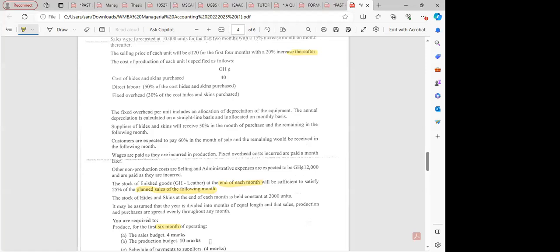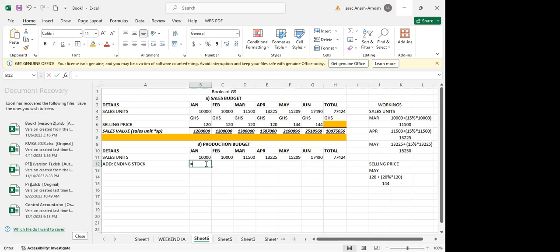Okay, so ending stock of January will be 25% of the planned sale of the following month, which is this. And then if you come to February, it will be 25%